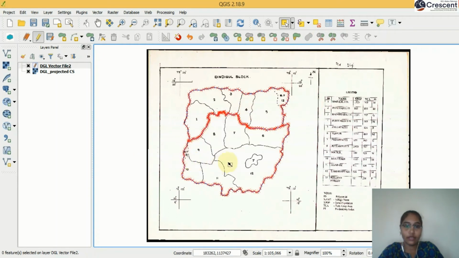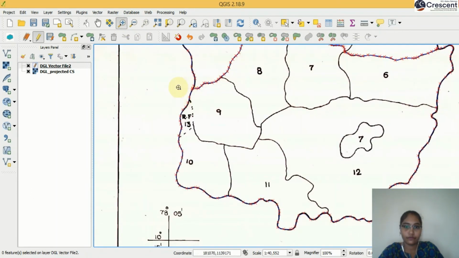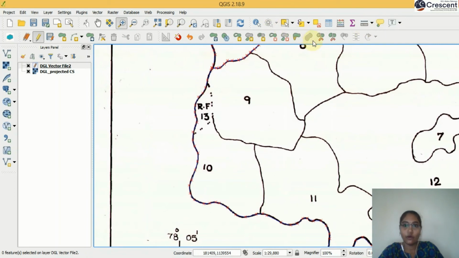Now we will digitize this polygon also. Now I am going to cut this polygon. Click split features, start outside the polygon.